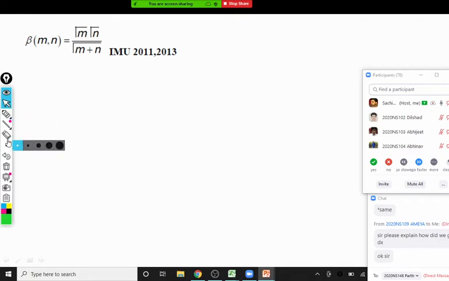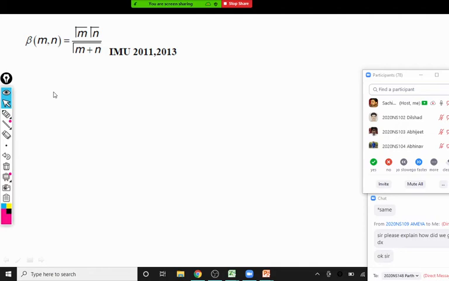So this is the last property. We are going to prove it from the beta. There are two more properties; we'll see the proof of those two properties in the next session. So right now, the fourth property that we have to prove is known as the relation between beta and gamma function. And we have to prove beta mn is gamma m into gamma n divided by gamma m plus n. This one we have to prove.